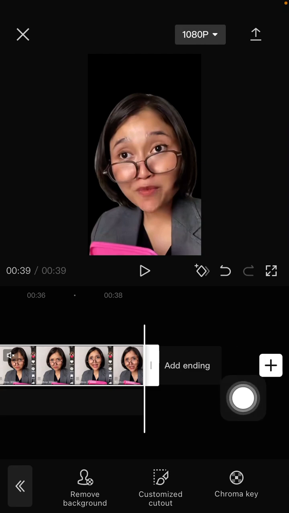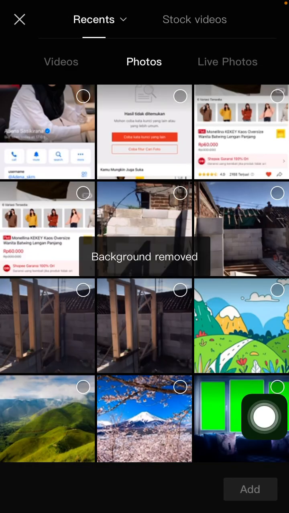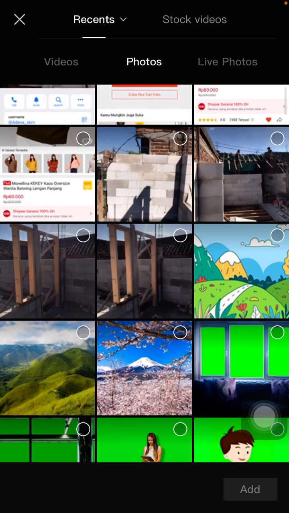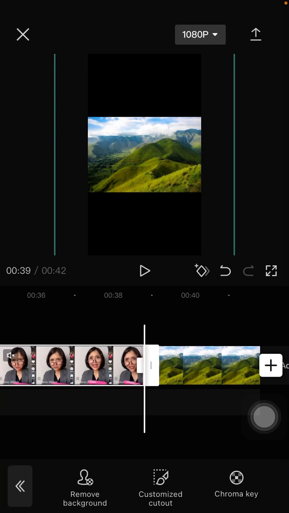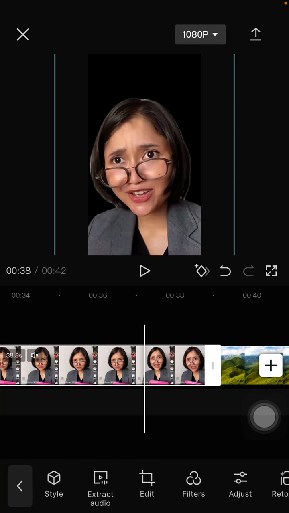Just click the add icon, and select the photo that I want to add as a background. Click add. Then make the video an overlay. Just click on the video and then select overlay